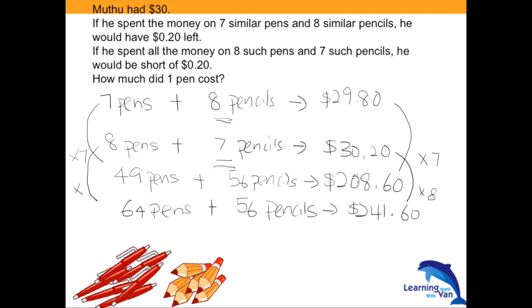So whatever the difference in the total cost must be due to the difference in the number of pens. So 64 minus 49, you would have 15 pens. That will give you $241.60 minus $208.60. You get $33. Okay, so one pen is $2.20. Okay, so you see the constraint here because it takes a bit of time, and the other is that